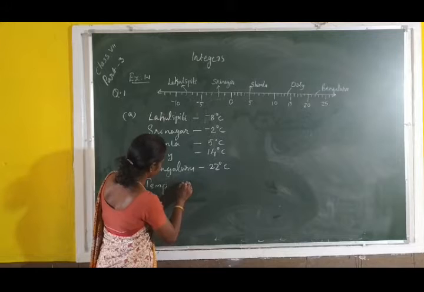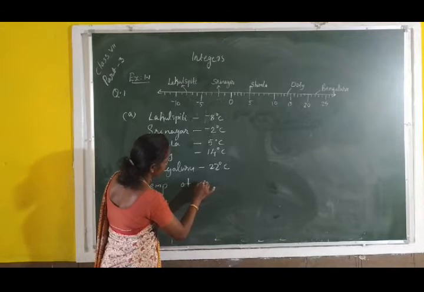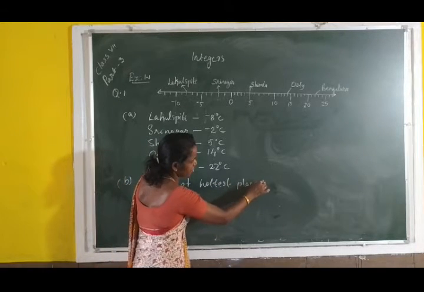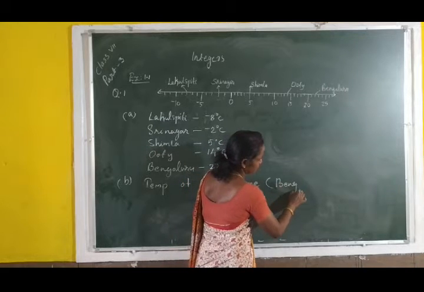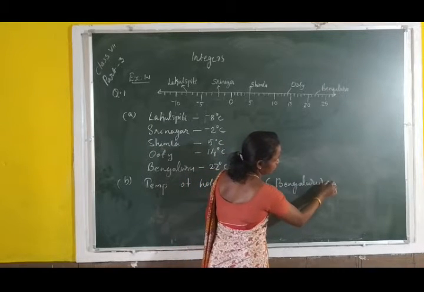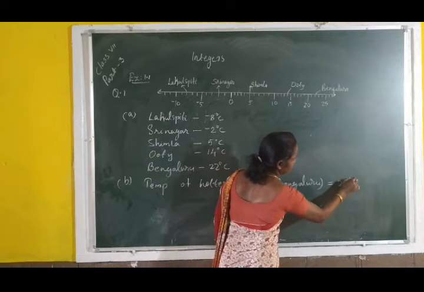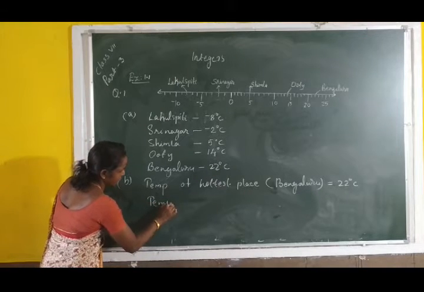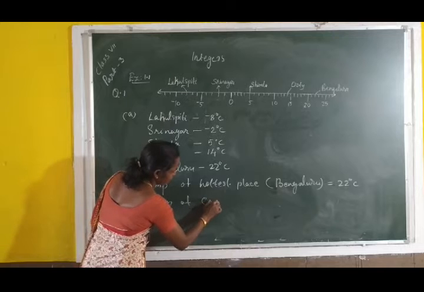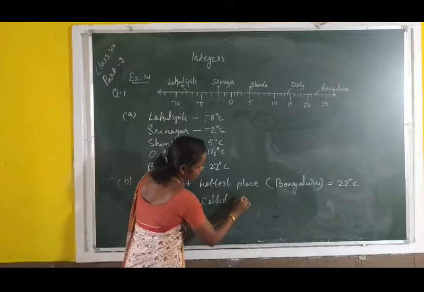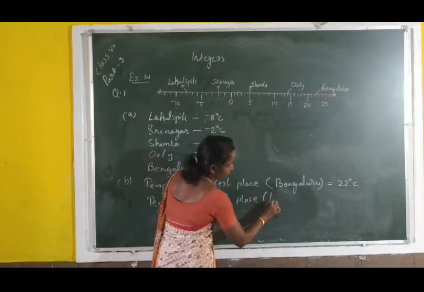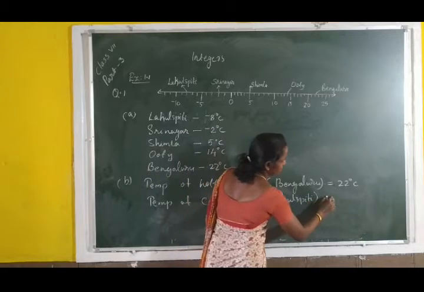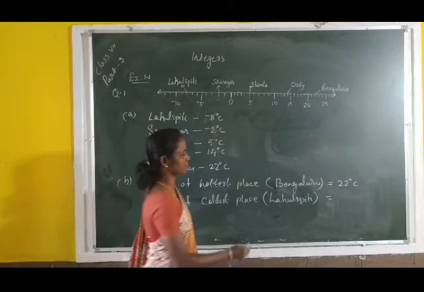Temperature of the hottest place. This is the place name, Bangalore. Bangalore 22 degree Celsius. The next, temperature of the coldest place. Coldest place is, how many degrees is the coldest place temperature? Negative 8 degree